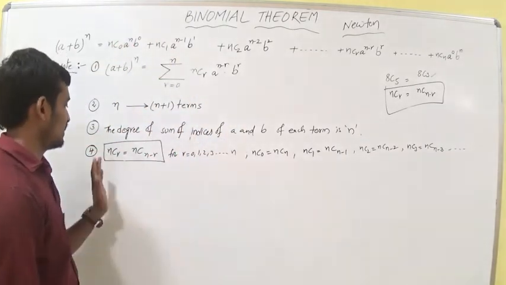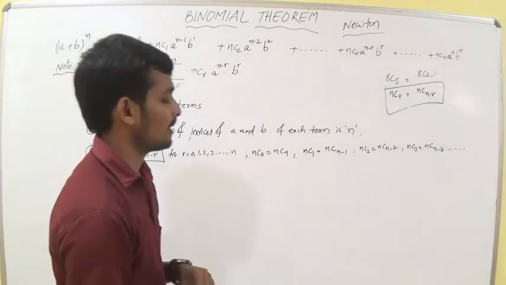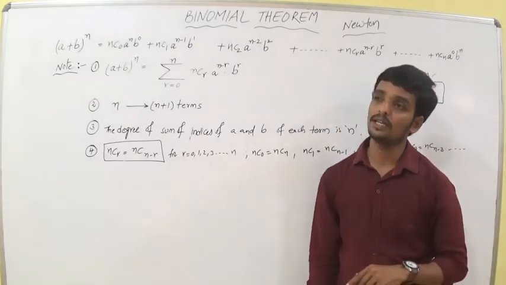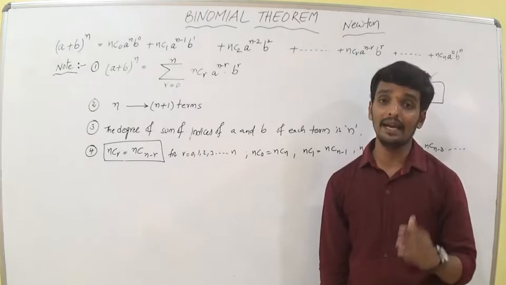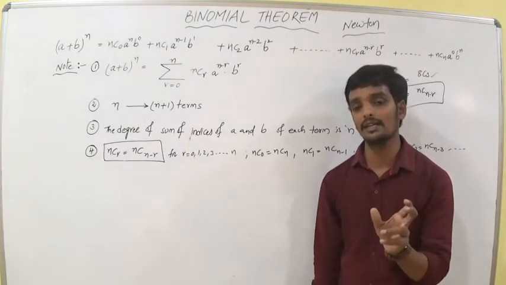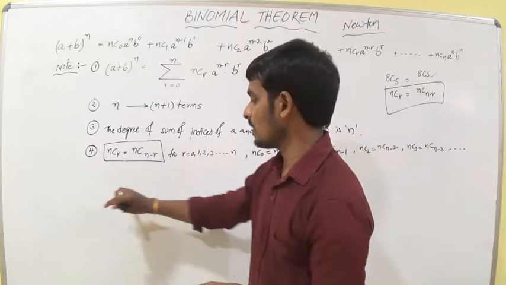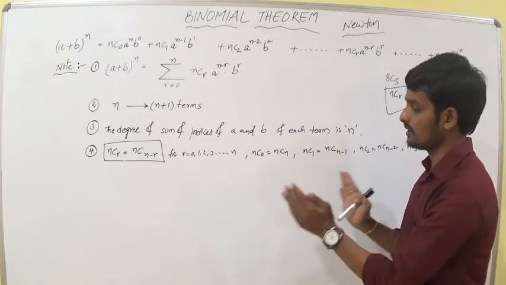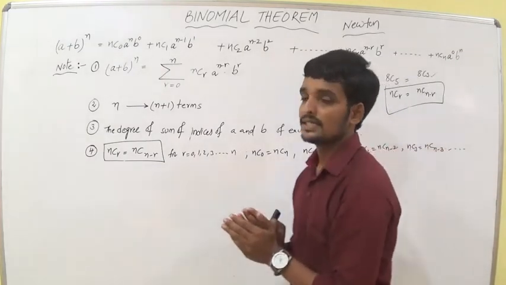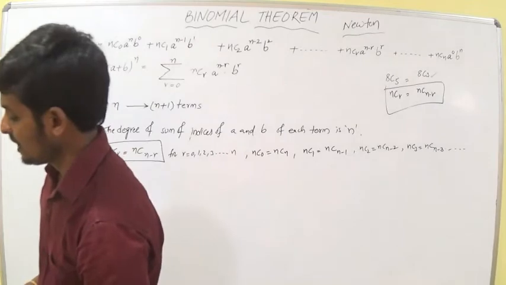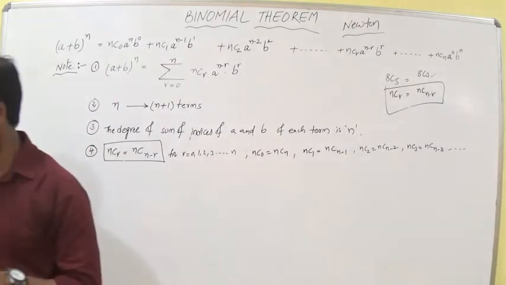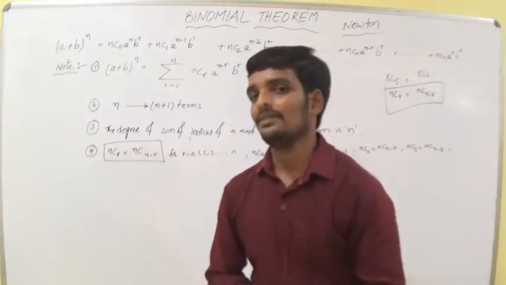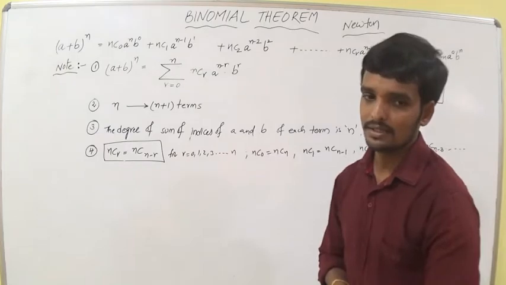The fourth point, nCr is equal to nC(n minus r). For this reason, the coefficients in the binomial theorem from the beginning and from the end are equidistant. They are maintaining equal distance. The first and the last term are equal. If you move one step forward from the beginning and one step backward from the end, they maintain the same distance. Those are the equidistant. These 4 points are in our textbook, so we have to write notes neatly. Are you okay? Shall I erase this? Okay.